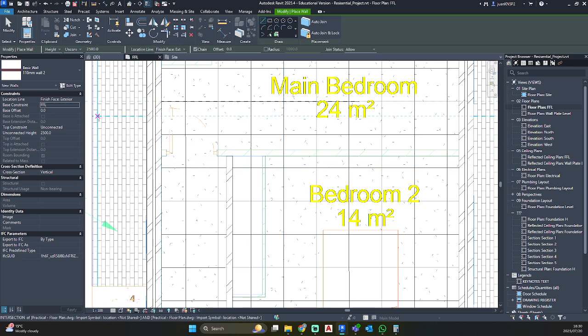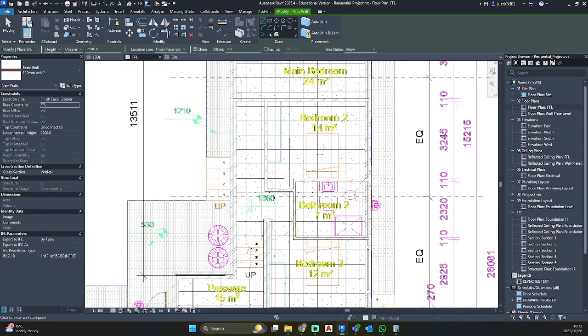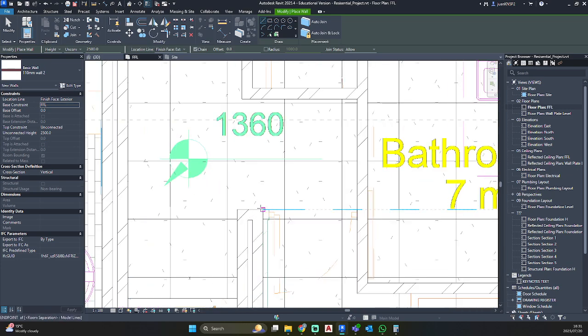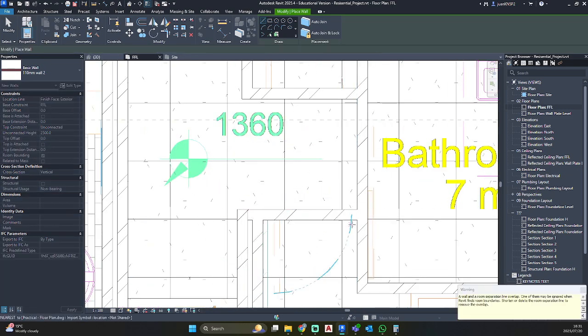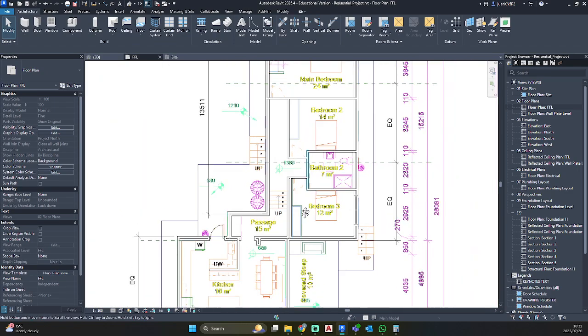So once you've hit escape, Revit will change the base constraint. So just go ahead and change it back. You can always set your work plane, but I don't want to do that at this moment because we are working on two different floor finishes. Okay, so there we have our